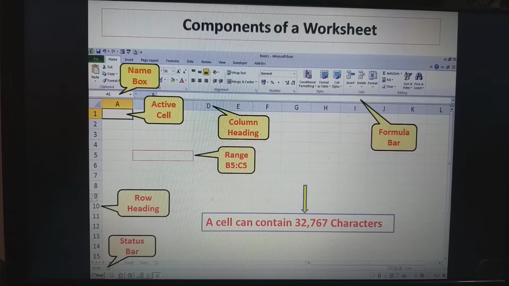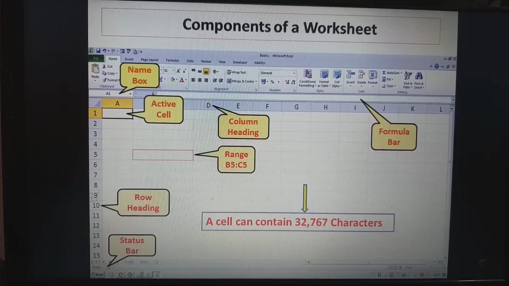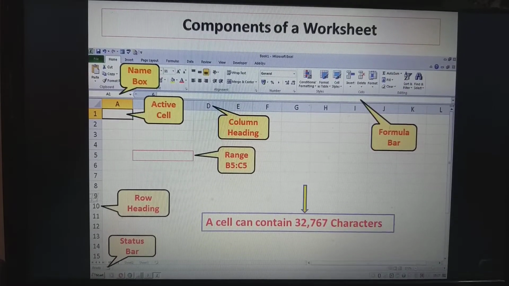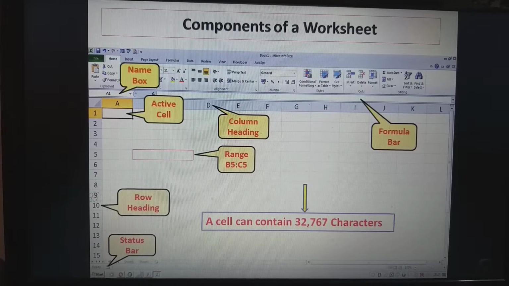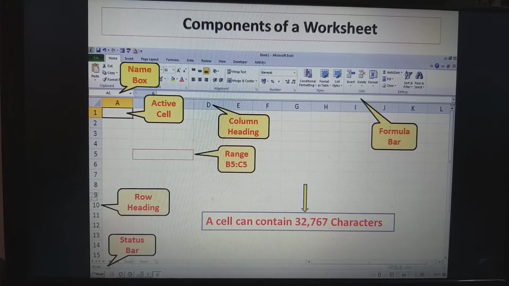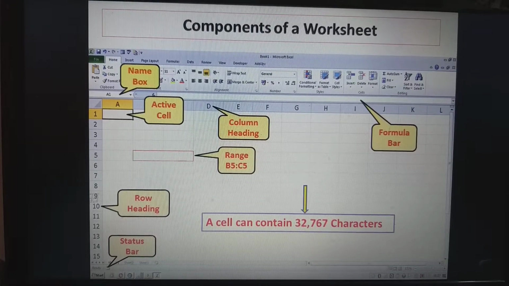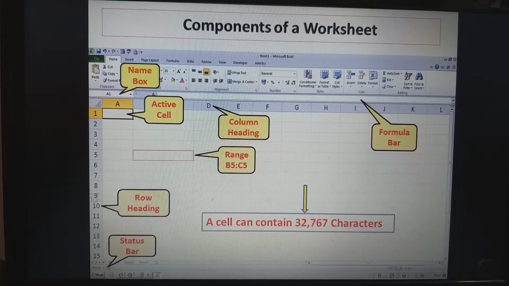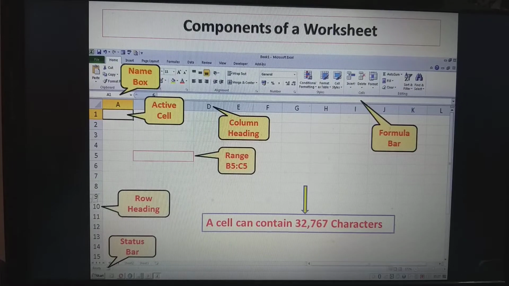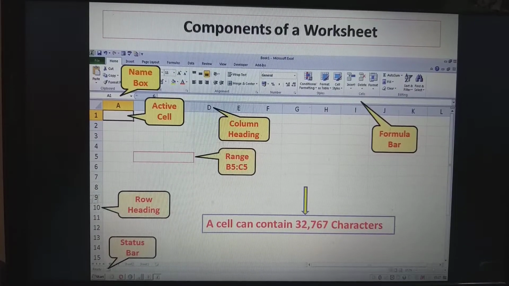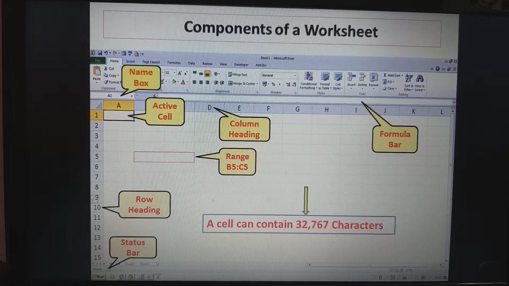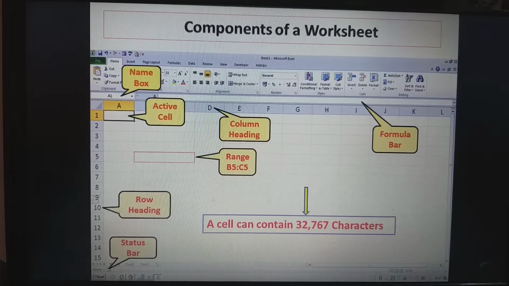Here, the active cell is A1. A cell can contain up to 32,767 characters. Range. In MS Excel, a range is a collection of cells. In the diagram, the range is B5 to C5. Name box.